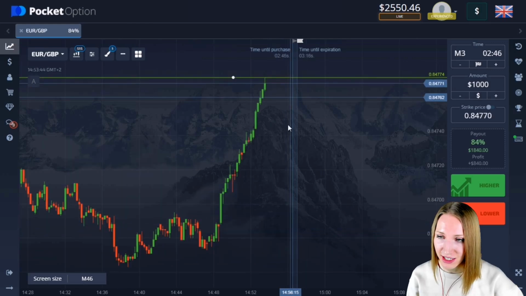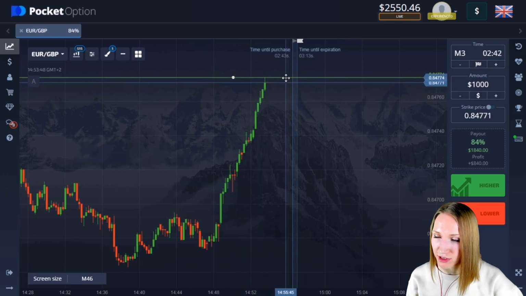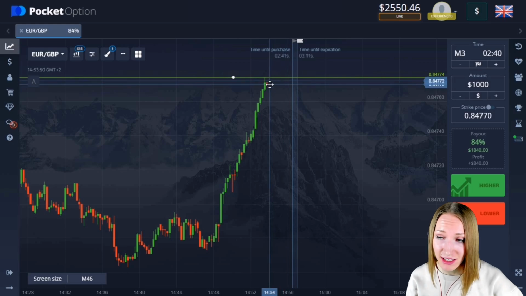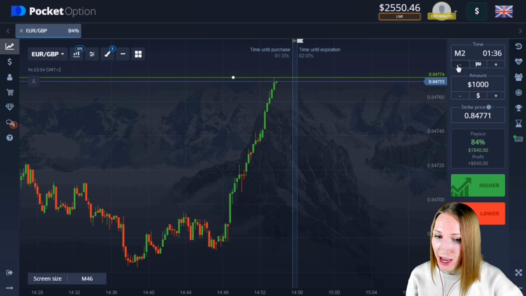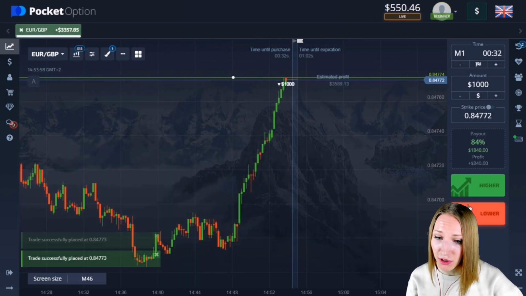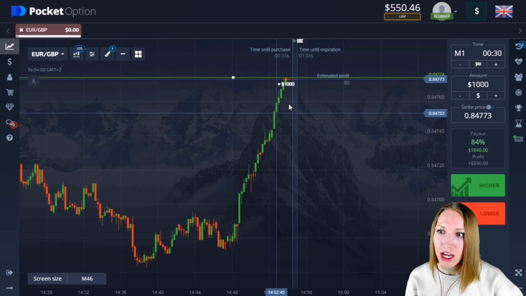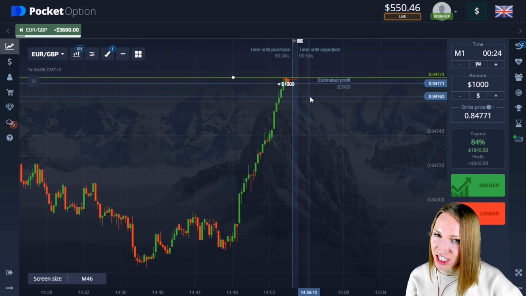Well guys, here you can see there is a very good upward movement. So you can also notice the price touched this level of resistance and then slowed its pace. So let's open a trade for 1 minute with down here. I think that this situation will give the pullback down because in most cases after such confident move into the level there will be the pullback in the opposite direction. So guys, let's check it.